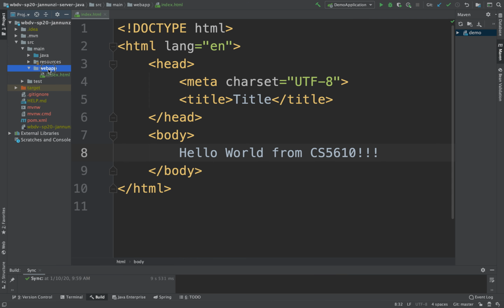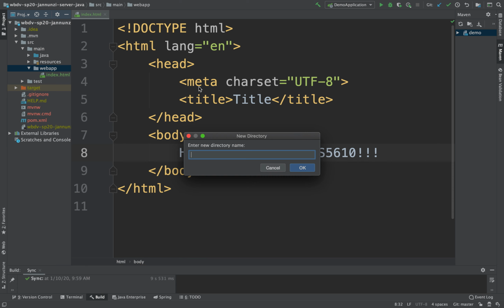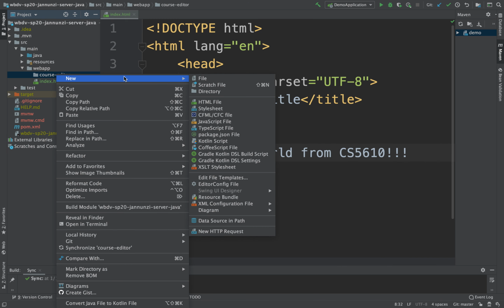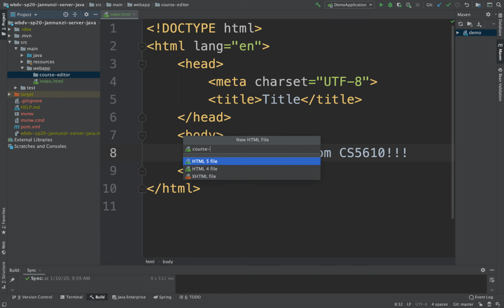Under my web app here, I'm going to create a new directory and call it course editor. These are all techniques for dealing with an ever-growing number of files. This will grow exponentially, and it will get out of hand trying to deal with dozens and dozens of files. So I need a mechanism that allows me to deal with this growing complexity. I'm going to create a directory, and everything that I need for the course editor is under that directory. Then in here, I'm going to create a file where I'll hold my actual HTML file. So in here, we'll call it